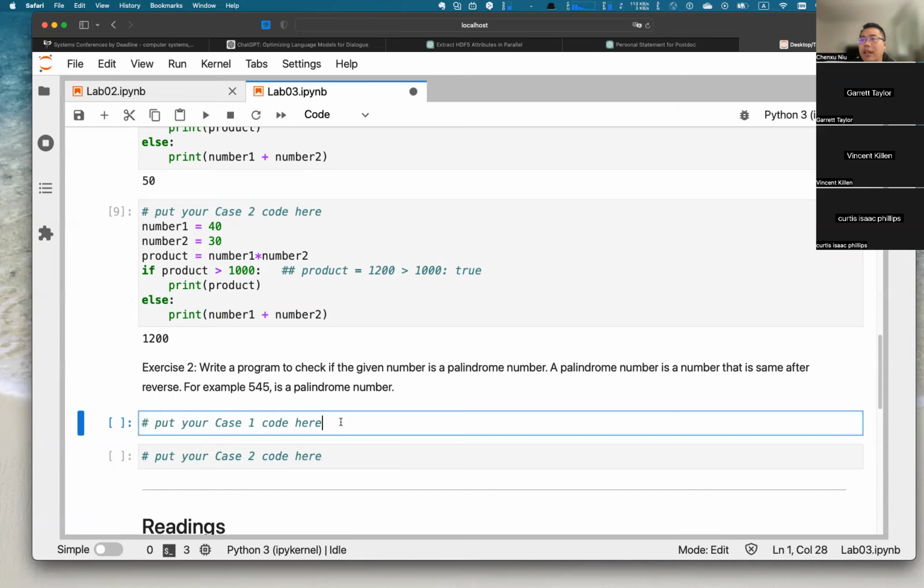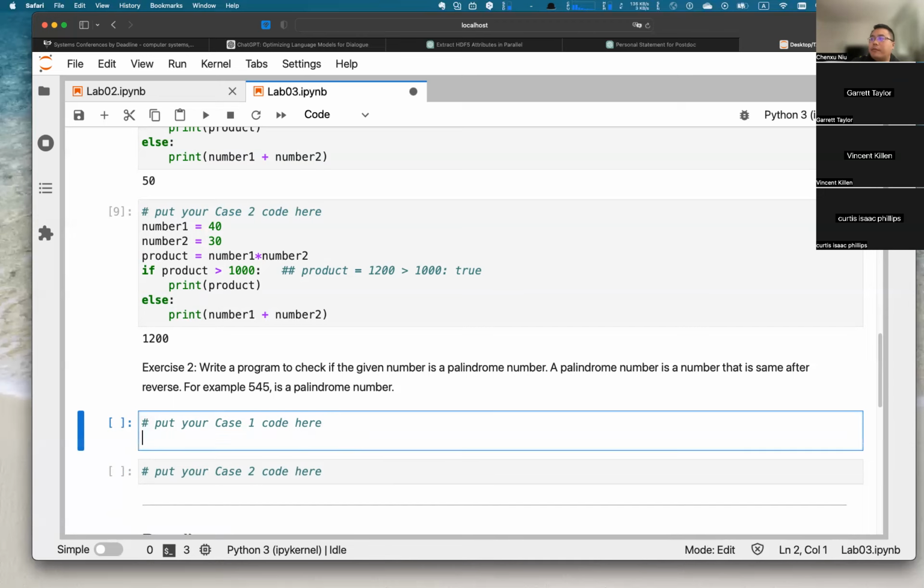So the key component is how to get a reverse number of the original number, right? Actually, there are many ways to write this program to solve this problem. I will show you how to solve it in a mathematical way, like how to generate its reverse number in Python programming. Okay, so